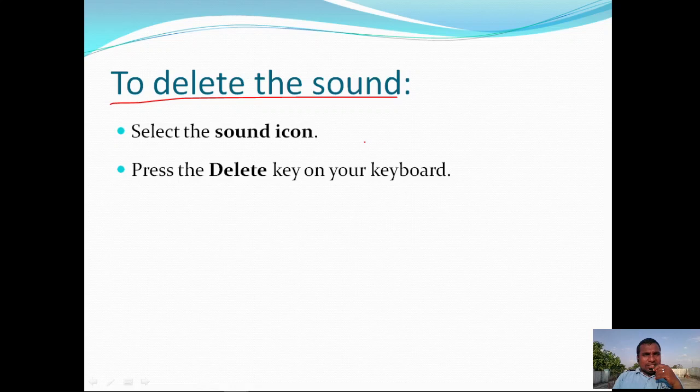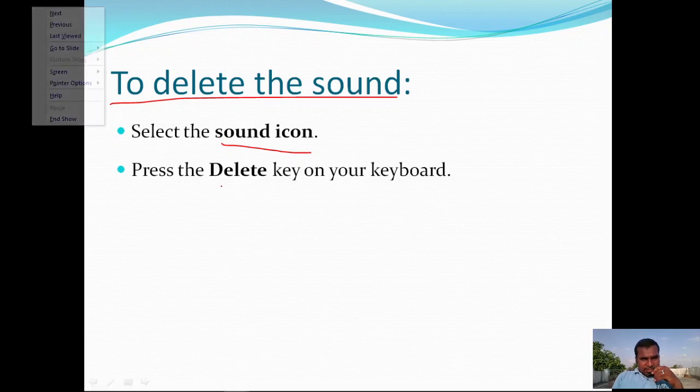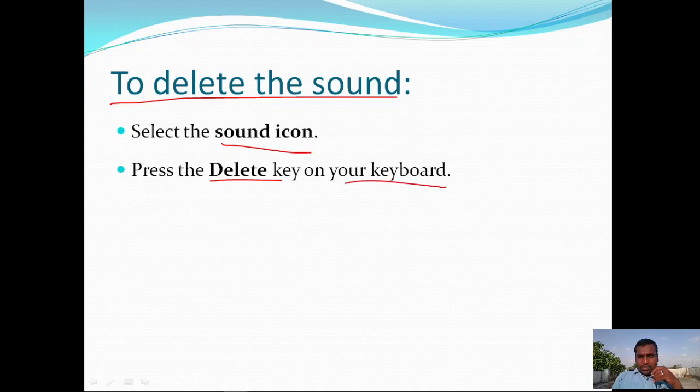Without inserting any sound, we cannot delete it. To perform the delete operation, first select the sound icon on the slide where you want to delete the sound. Then simply press the delete key on your keyboard, and that sound file is going to be removed from that slide.